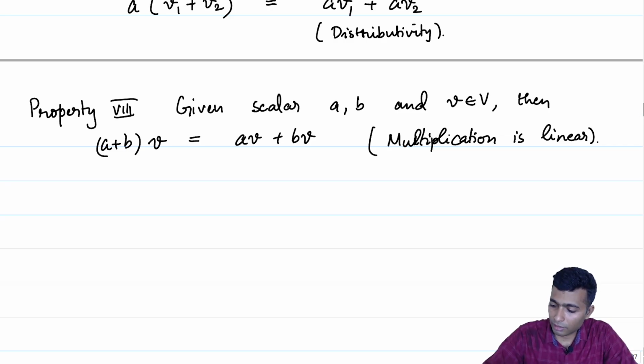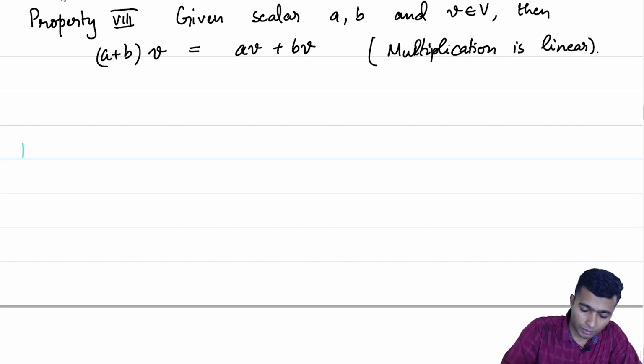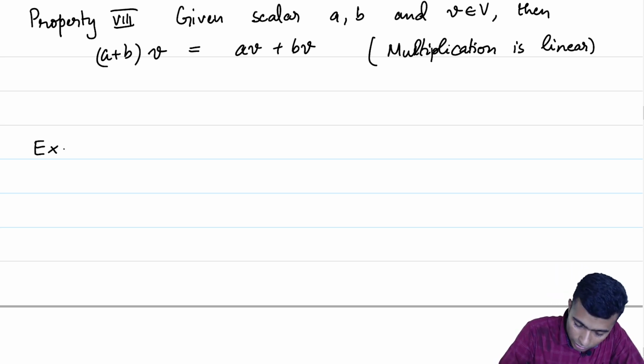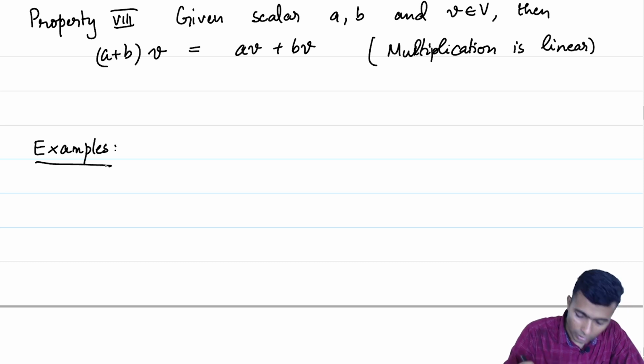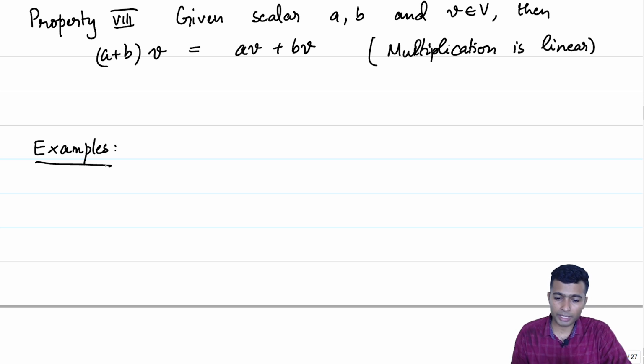Let us now give many examples to get a grasp of this concept. Examples. So, the first example is we have already seen a couple of examples. In fact, most of these properties are obtained by noting what are the properties in say R2 or R3 which are special and which we would like to generalize, right.